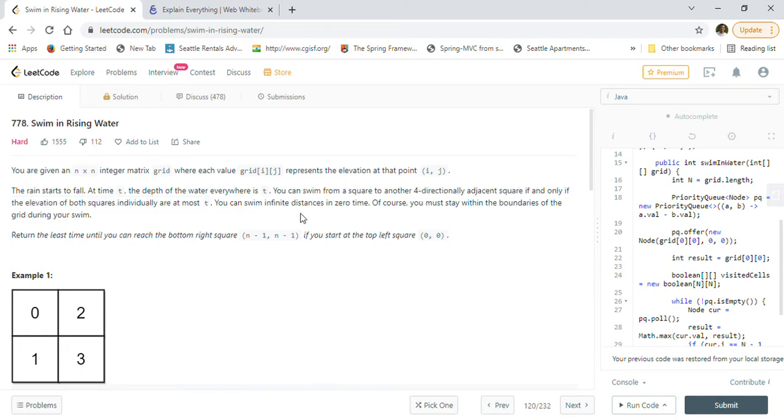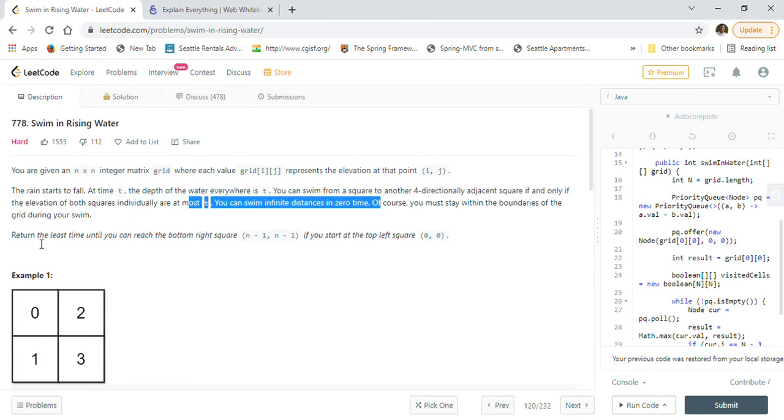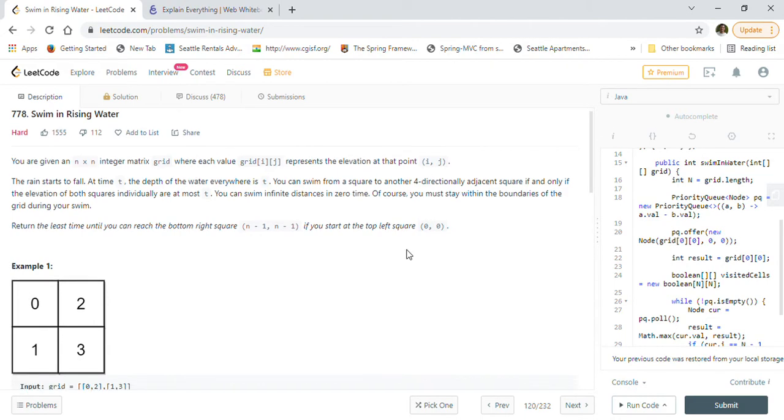You can swim infinite distances in zero time, but of course you must stay within the boundaries of the grid. Return the least time until you can reach the bottom right square, n minus 1, n minus 1, if you start at the top left square, 0, 0.